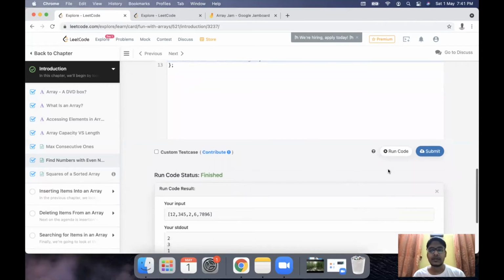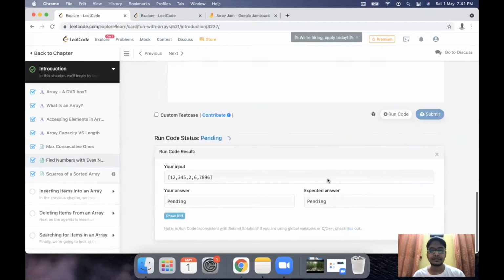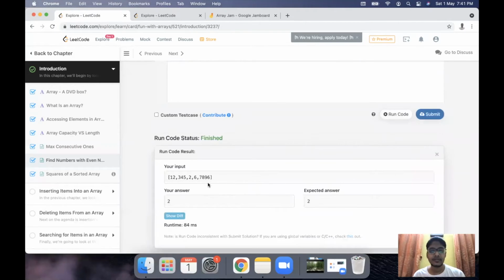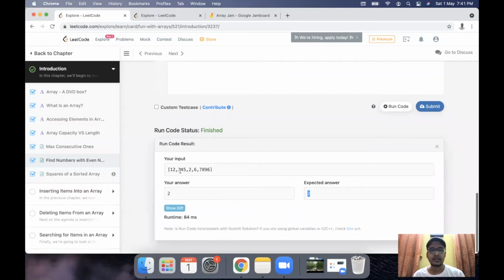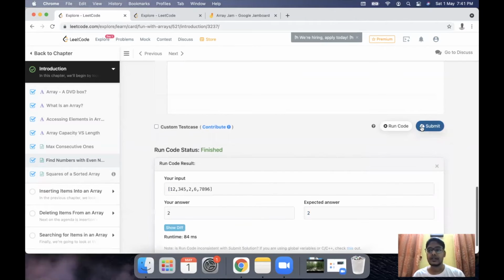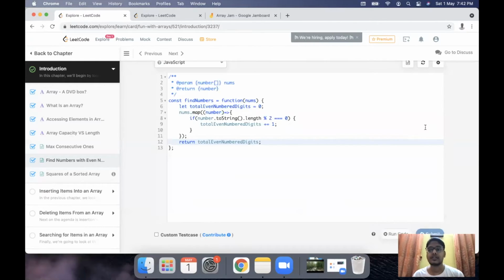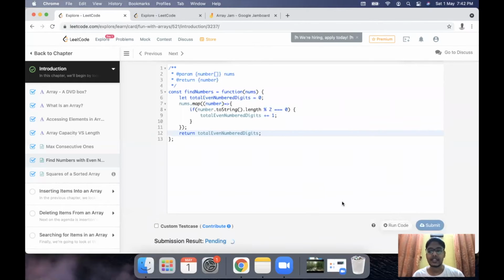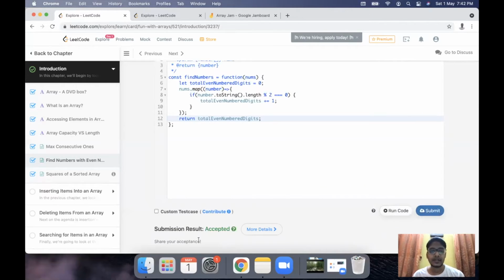Now let's try to run our code and see if this works. So as you can see, our answer is 2 and the expected answer is 2 as well. So this function works for the input, which is 12, 345, 76 or whatever. Once we hit submit, it will run on all possible test cases which are present, and we'll get the actual result, whether this implementation is right or not on various kinds of use cases. So let's try that as well using the submit button. And as you can see, my submission got accepted.